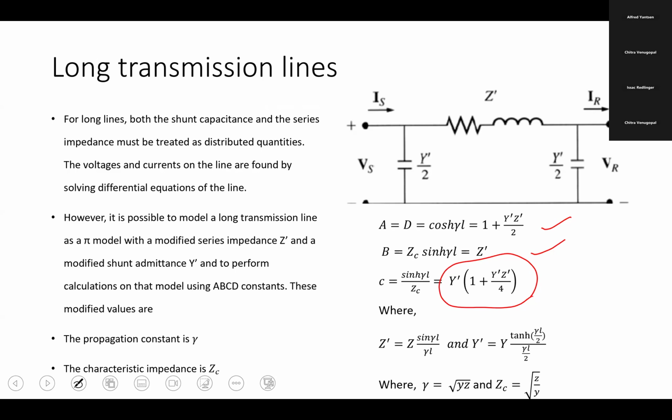Okay. So Z parameter is given like this, Y parameter is given like this. So what is gamma? Gamma is termed as the propagation constant. And Z is the characteristic impedance. These are very, very important terminologies. Characteristic impedance means